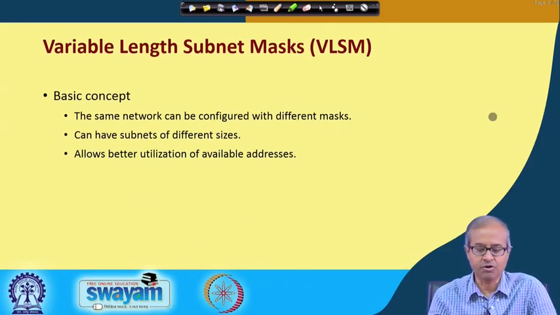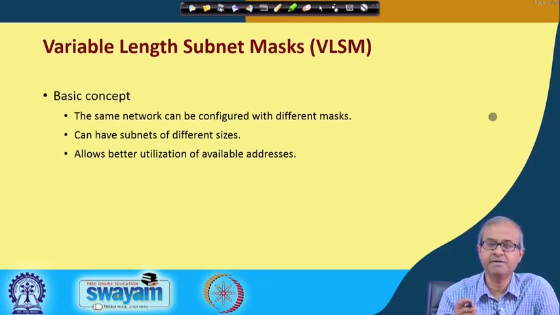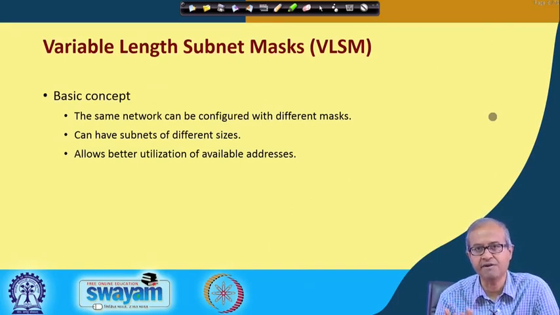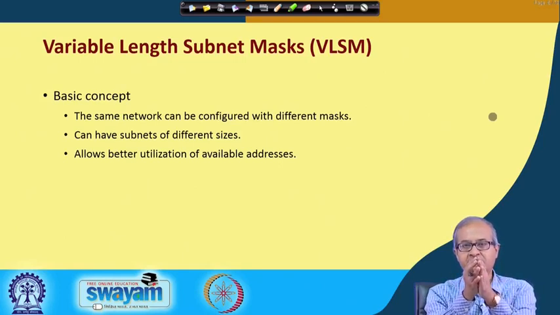Now, we have something called variable length subnet mask. The idea is that the same network, depending on the scenario, you can configure with different masks. Like what I said earlier in the previous example, I am splitting a particular network into a certain number of subnets. The number of hosts per subnet is fixed,